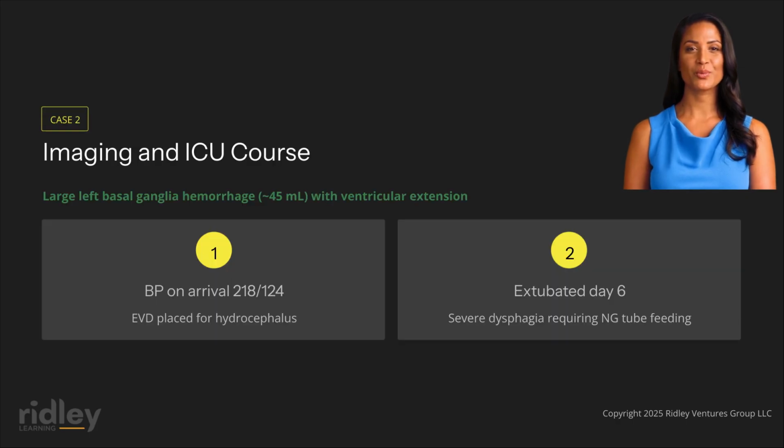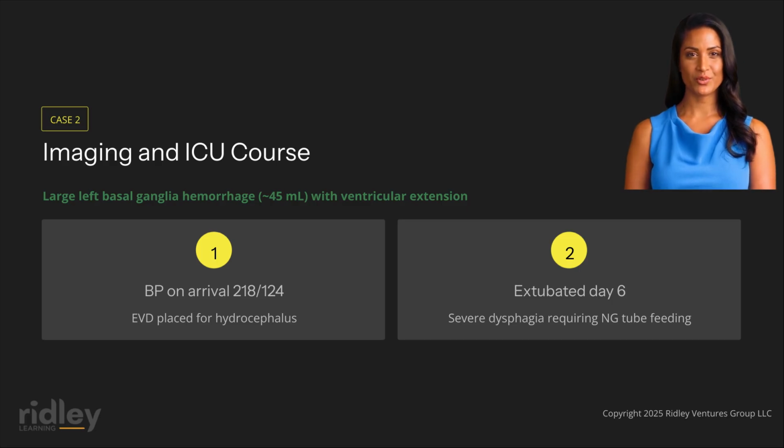Initial examination at the rural community hospital revealed severe global aphasia with no meaningful verbal output and severely impaired comprehension, dense right hemiplegia with 0 out of 5 in the upper extremity and 1 out of 5 in the lower extremity, right facial droop, and rightward gaze preference. His NIHSS was 21. Emergent non-contrast head CT demonstrated a large left basal ganglia hemorrhage measuring approximately 45 milliliters with